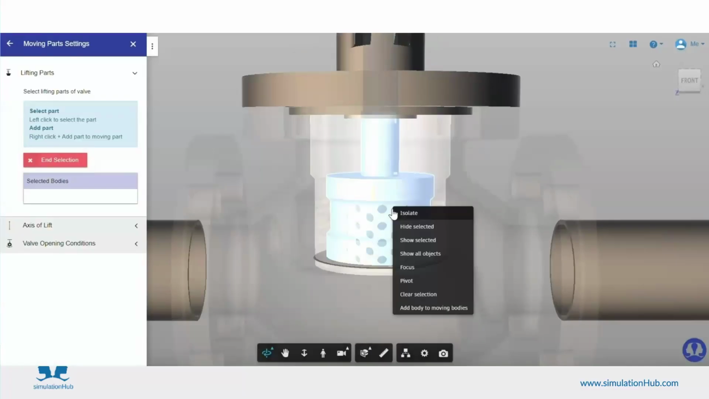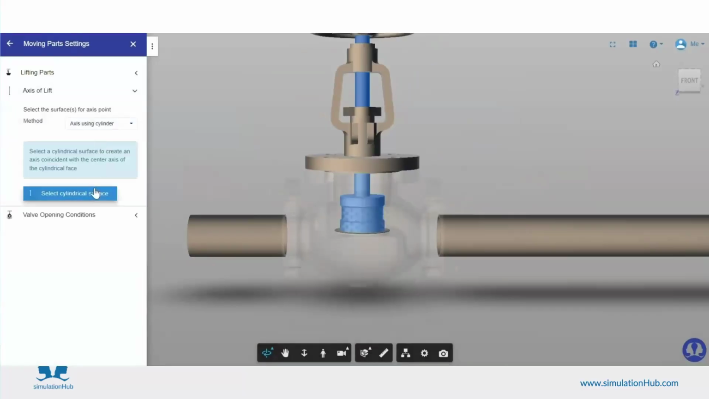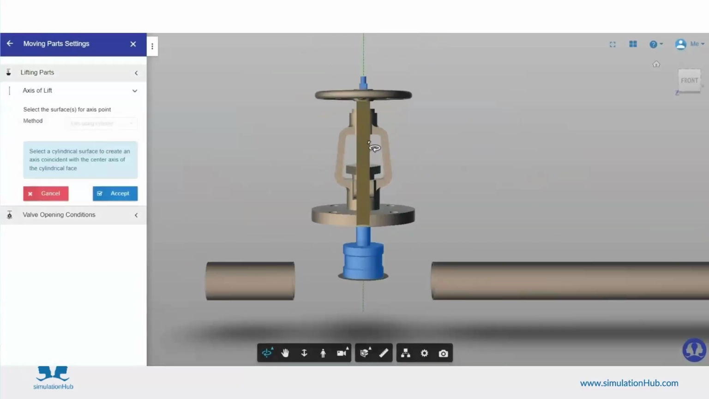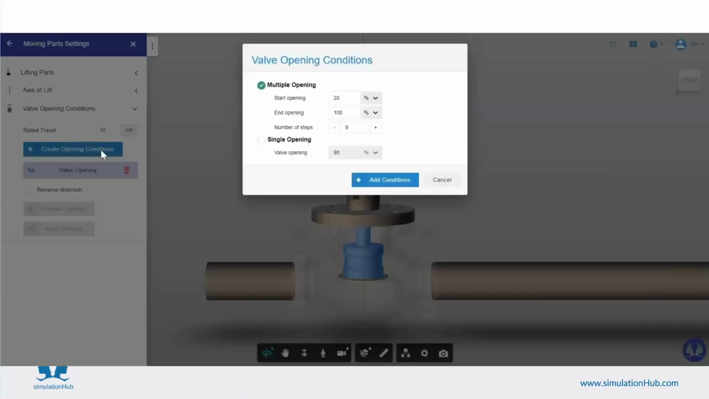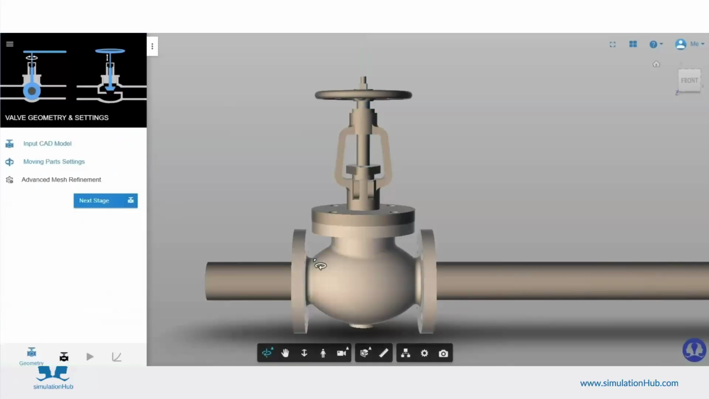So we quickly select the moving part, the actual plug that will move. Then we select the axis of lift, and it automatically creates all the openings for you. You can even tweak those openings. Once that is done,